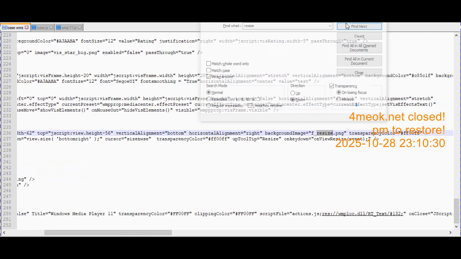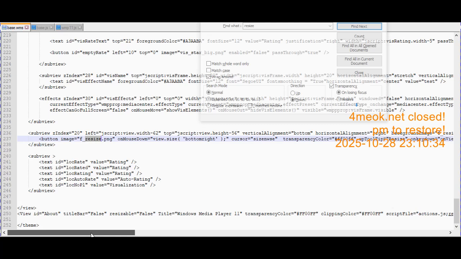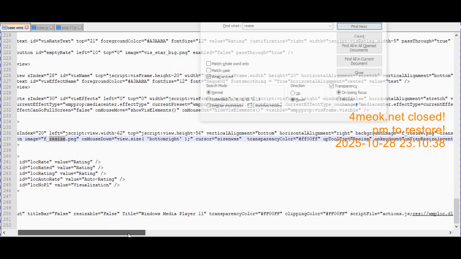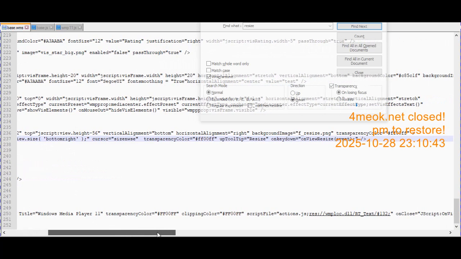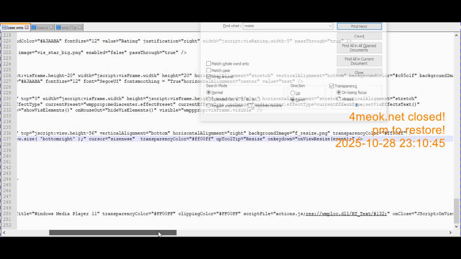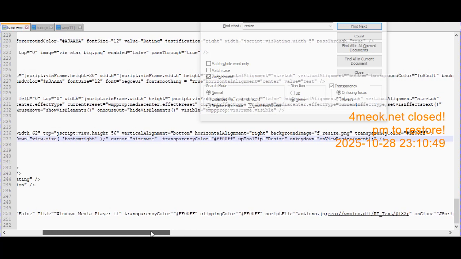Size. Another one. Button image resize. Seems correctly written, but if you see some mistake,